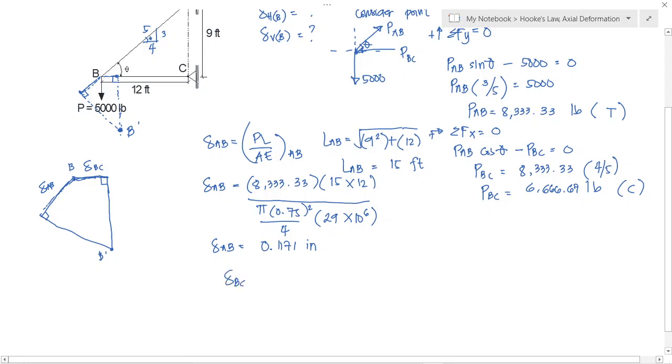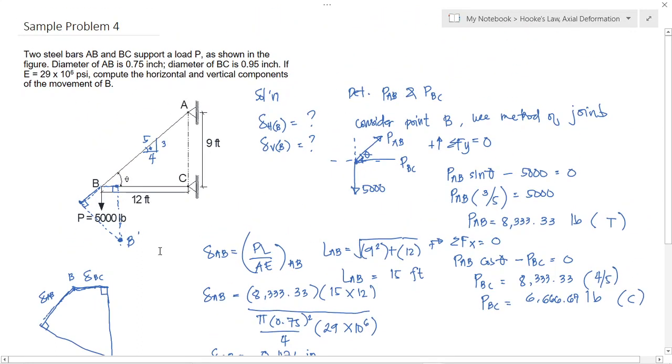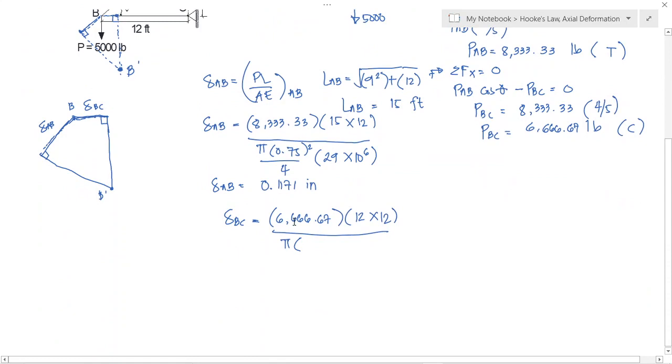Delta BC is equivalent to PL over AE pa din. So, substitute na lang yung PBC, 6,666.67 multiplied by the length of BC equivalent to 12 by 12 to make it in inches. Cross-sectional area is pi, then the diameter of BC is 0.95. So, we have 0.95 squared over 4 multiplied by 29 times 10 raised to 6. So, we have delta BC equivalent to,